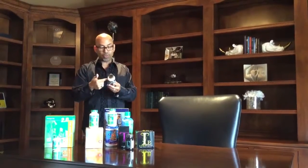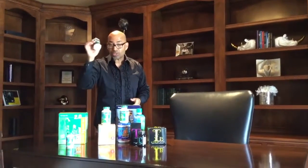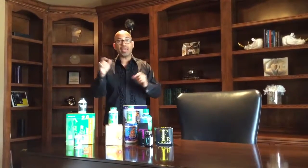Now, this receptor is made up of about 20 different minerals, but the two most popular minerals are chromium and vanadium. That's what this has in the selenium, in the sweeties. The sweeties has an excess of chromium and vanadium. And what Dr. Einstein saw in 1972 was that if you take